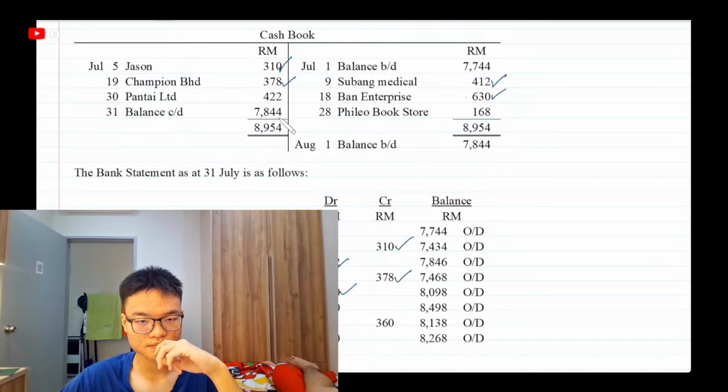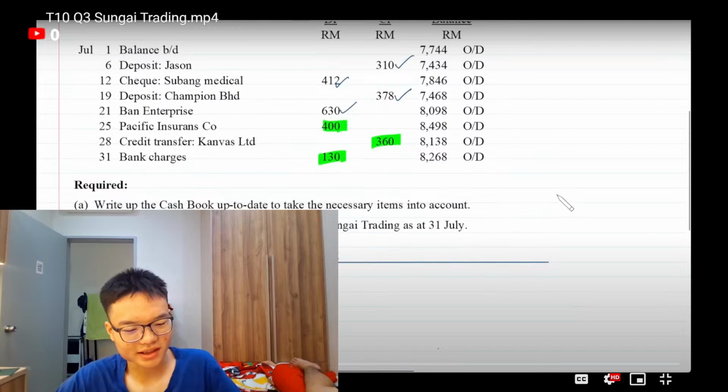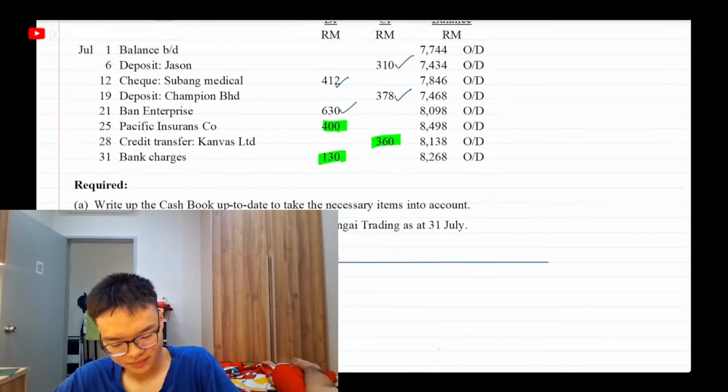So one uncredited lodgement, one unpresented check. If you look at the bank statement, in our bank, these three items. So first of all, we need to put in the